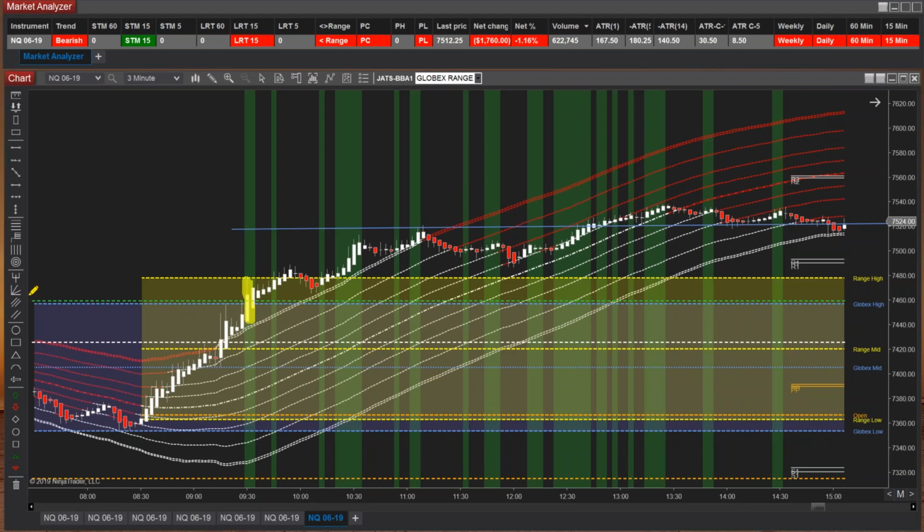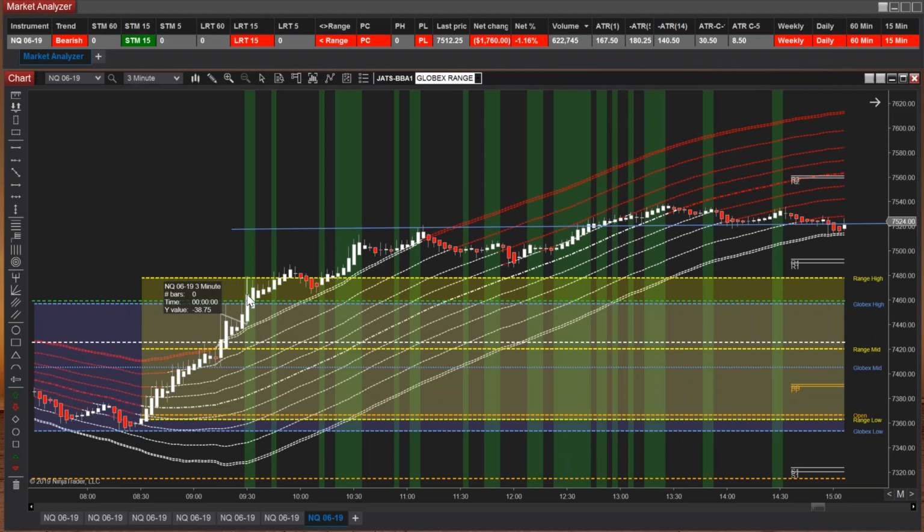So one ATR, 38 points, would put you in right where that blue line is, and it did touch it just barely at 11:28, and then it touched it again and broke through it just after lunch. So there was your one ATR. Probably may have gotten up there to a 1.5, not quite, maybe it failed, but definitely one ATR, something to consider. That's on a 3-minute chart. So keep an eye on your